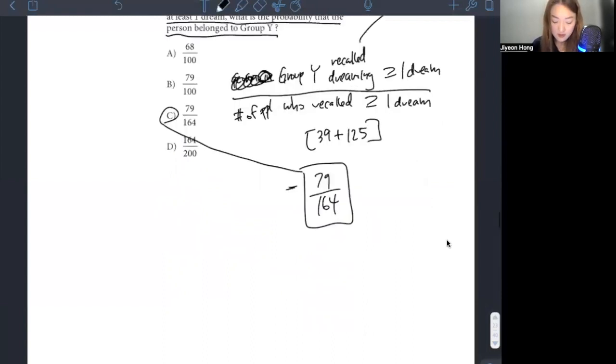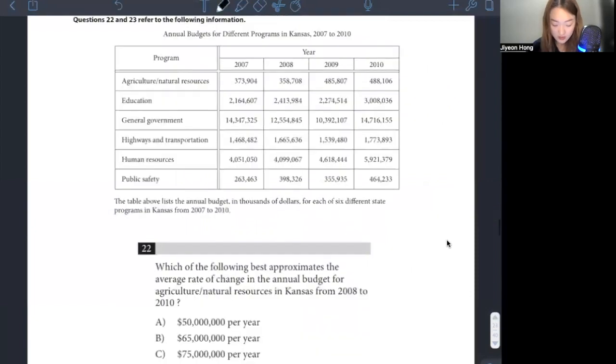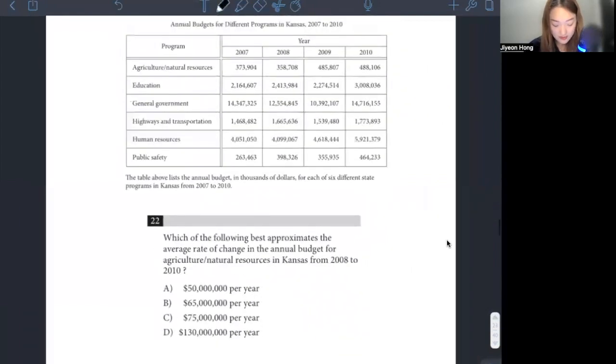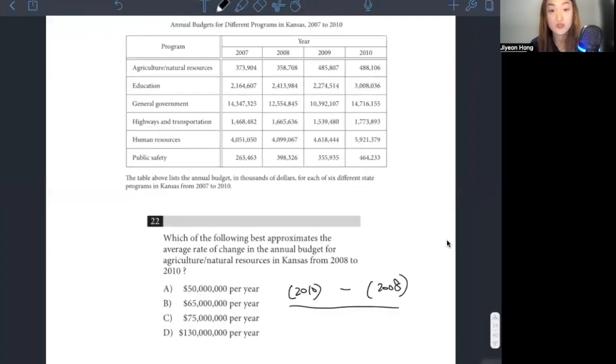Okay. Number 22. We have a large table and it asks for the best approximation of the average rate of change in annual budget for agriculture natural resources in Kansas from 2008 to 2010. Average rate of change is basically slope. So all I'm going to find is the annual budget for agriculture and natural resources in 2010 subtracted by the budget in 2008 divided by the time that passed, which is 2 years, right? And so when we look for it, we find